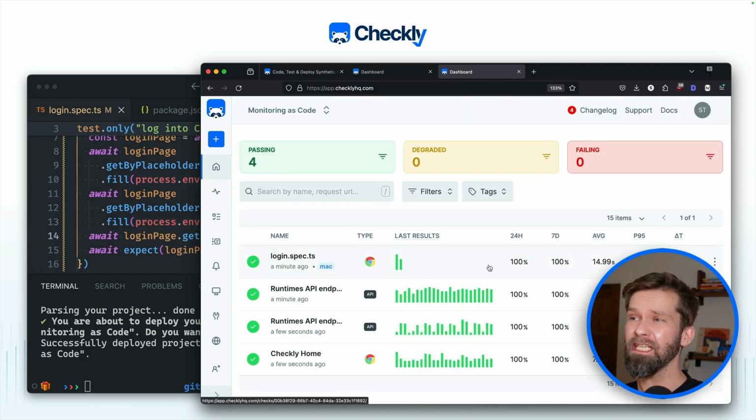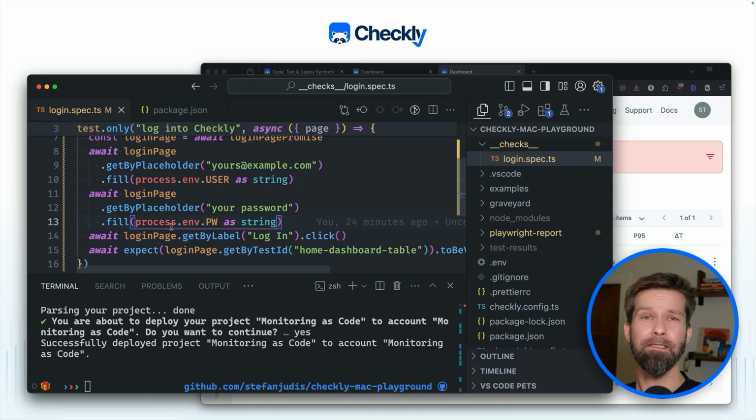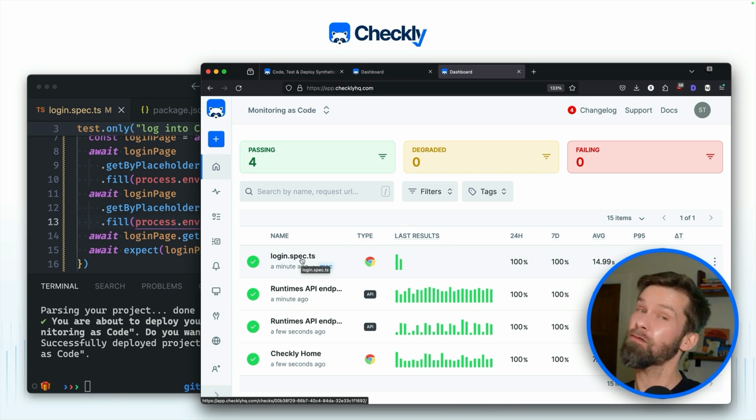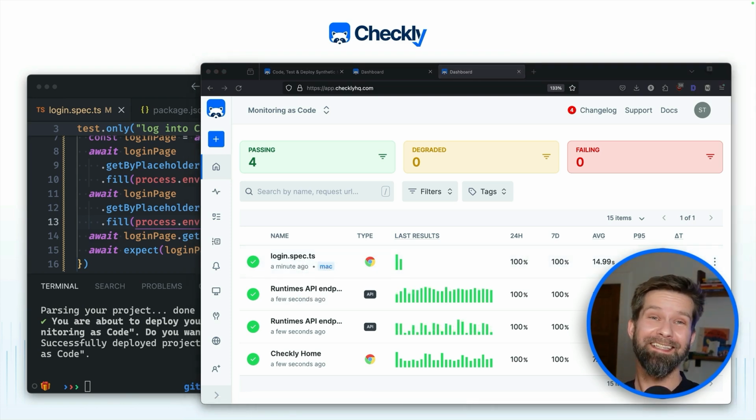But the magic for me really is that with the combination of Playwright and Checkly, I was able to record user and business critical flows, test them automatically end-to-end with a headless browser to then just fire off a few commands to run synthetic monitoring and guarantee and be certain that my login flow of the Checkly web app is working from anywhere and anytime. And I think that's pretty cool. So that was the Checkly hands-on for today. We end-to-end tested our own login flow and we enabled synthetic monitoring to be certain that it works at any